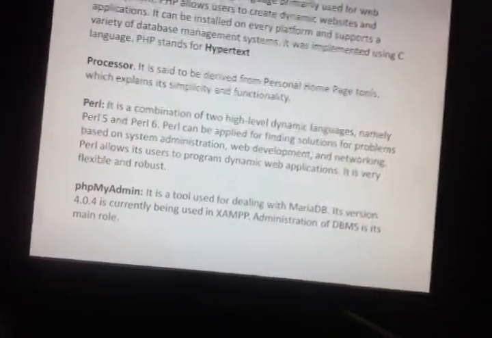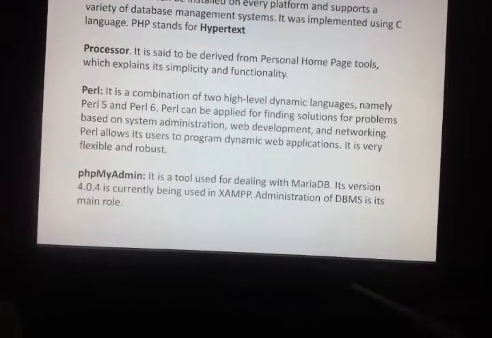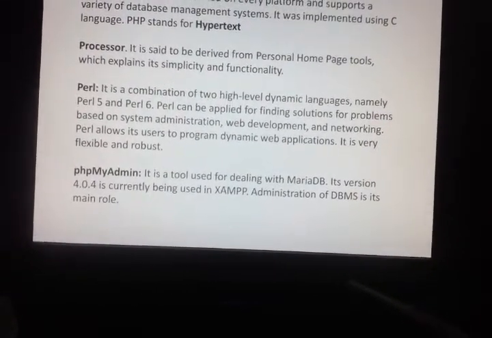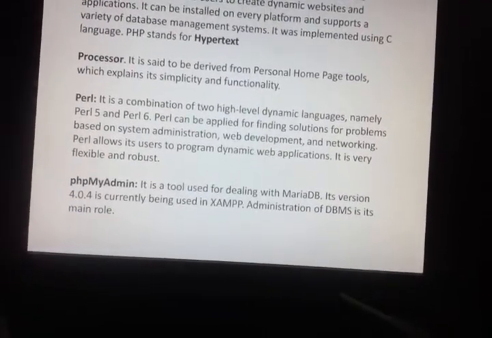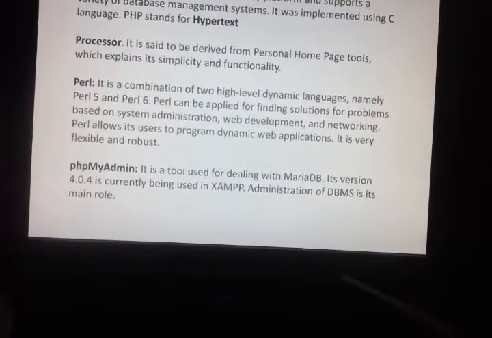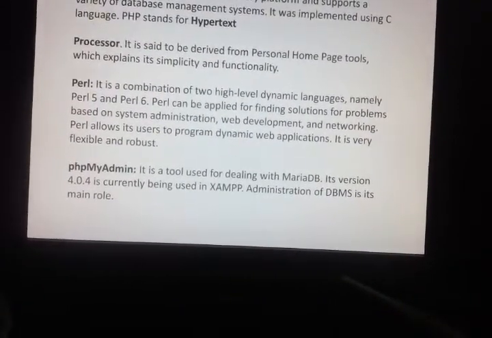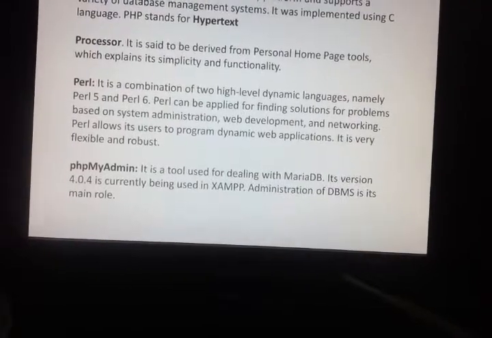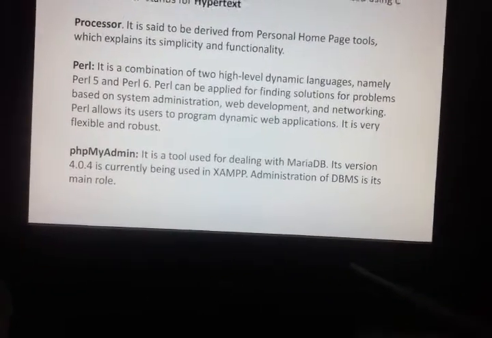The next component is phpMyAdmin. It is a tool used for dealing with MySQL database. Its version is currently being used in XAMPP, and administration of the database management system is its main role.